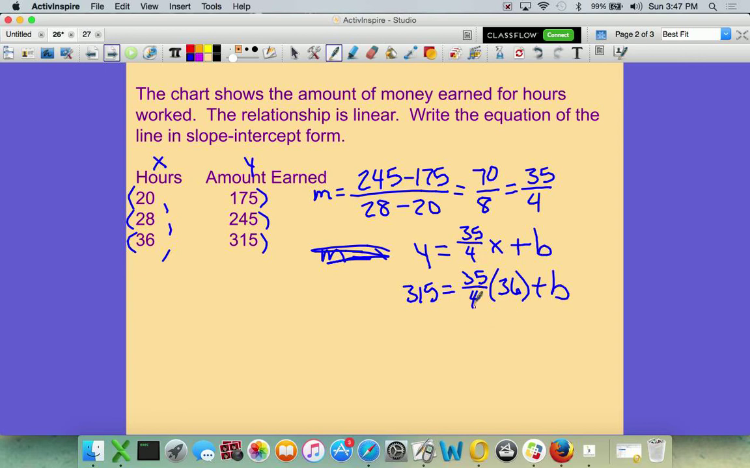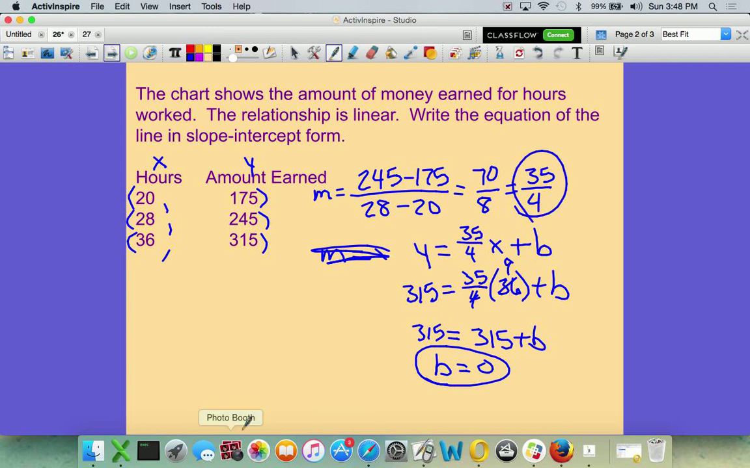Well, we've got to multiply these together. Those simplify down. 35 times 9, I believe, let's see, is 315. Plus b equals 315. Move the 315 over. And this is saying b equals 0. So we've got our y-intercept. We've got our slope. Now we can write our equation. Y equals